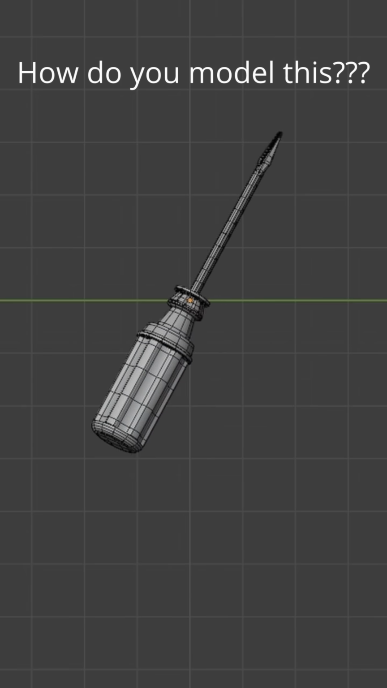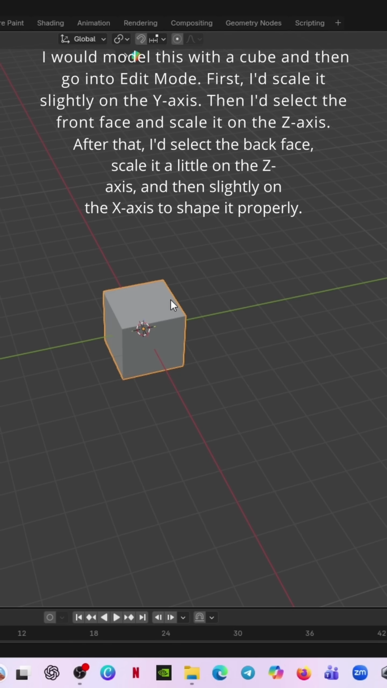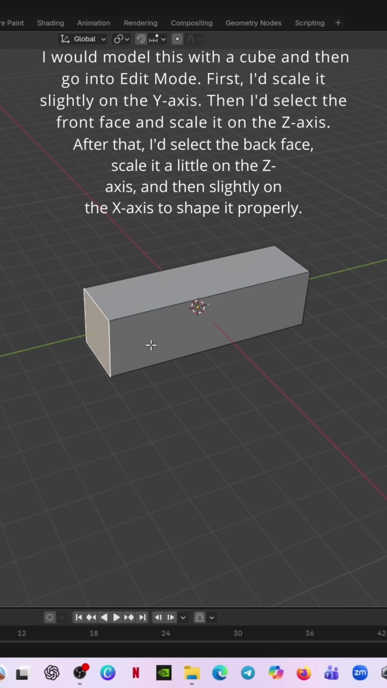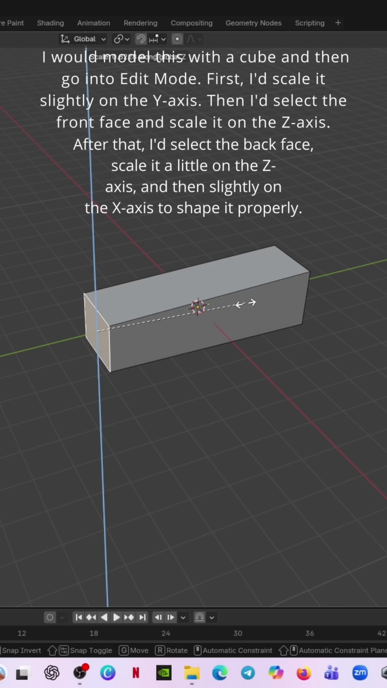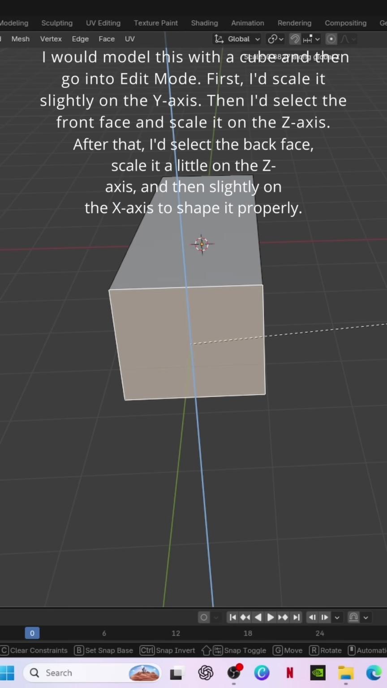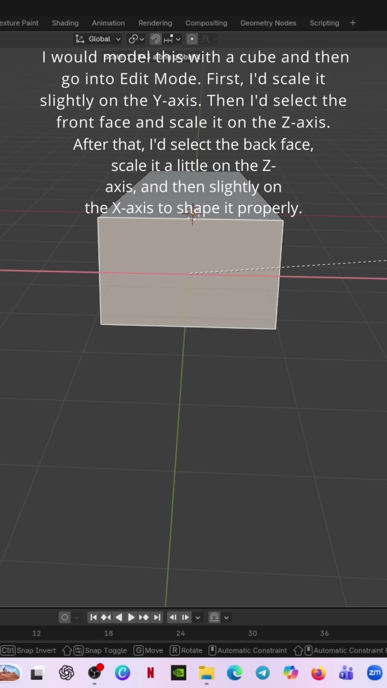How do you model this? I would model this with a cube and then go into edit mode. First, I'd scale it slightly on the y-axis. Then I'd select the front face and scale it on the z-axis. After that, I'd select the back face, scale it a little on the z-axis, and then slightly on the x-axis